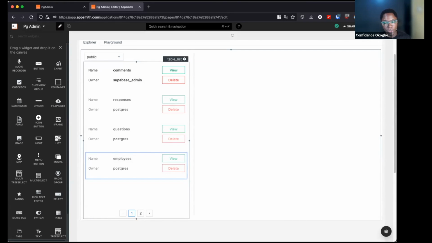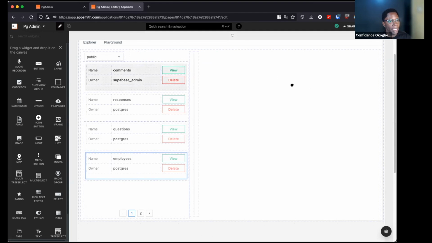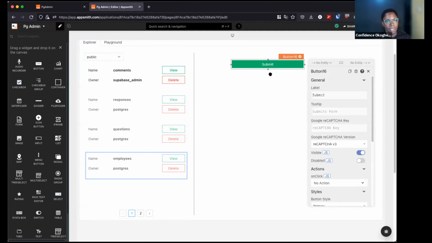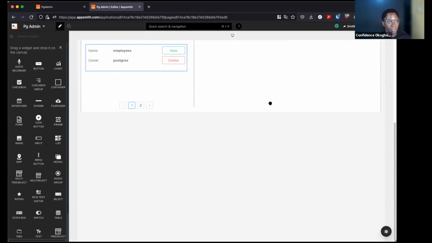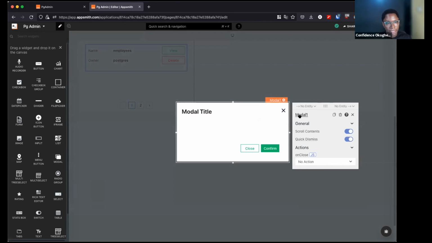Next thing we want to do is that we want to be able to create tables. So to do that, I'm just going to bring in a button widget, because we would need to open up a modal that would be used for the table creation process. So we need a couple of modals. So I'm just going to drop one modal here, and let's update the name of this modal to new table modal. And one cool feature that was released yesterday is the ability to resize modals to fit whatever form you